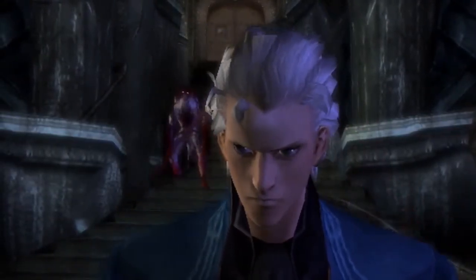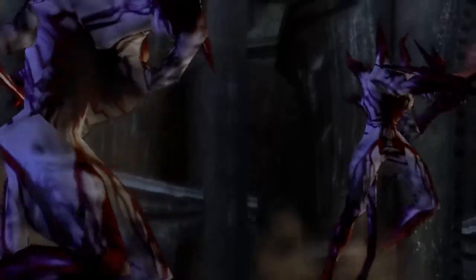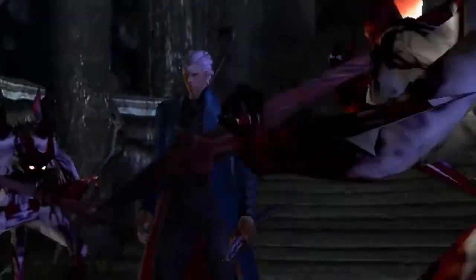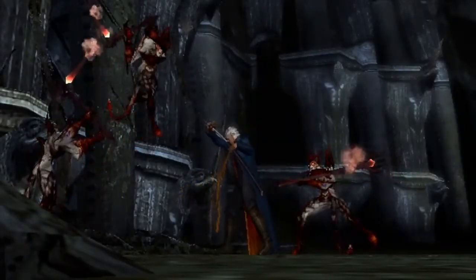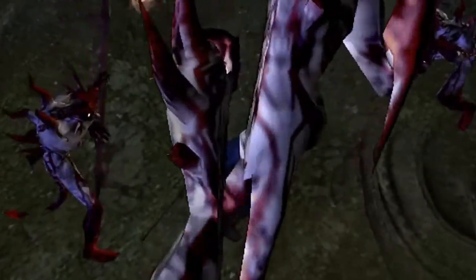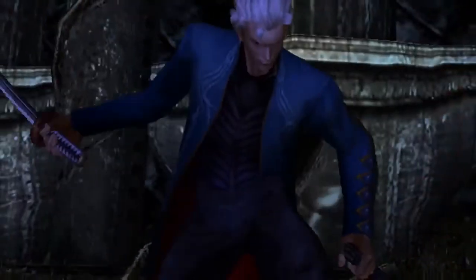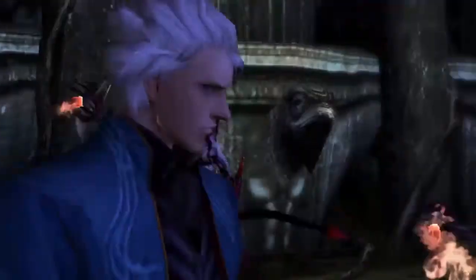So the demons in the tower were never on Vergil's side. Oh, I kind of figured that out because Beowulf. Yeah. Beowulf, and early on there's the Hell Vanguard that goes up and... Yeah! Oh, that's so... falls apart. Yeah. Pieces. Like...